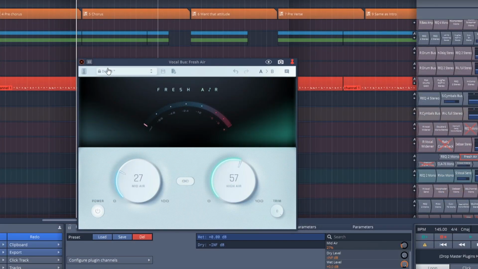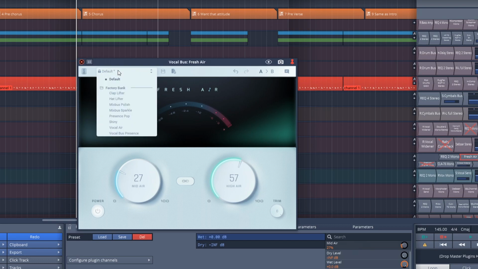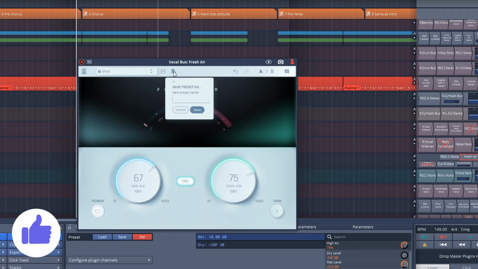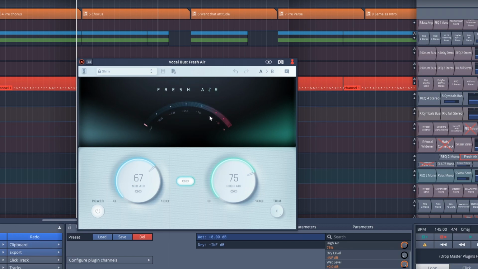Now, back into it. Let's move on to the top bar up here. So this is your preset menu right here. If you were to click on it like that, you can see we have some presets in here and you can click whichever one you want. And you can also click these arrows up and down and they'll go to the next one or the previous one, depending on the arrow that you click. You can also save your preset. So you would just click on here and enter in a name for whatever preset you want to save.